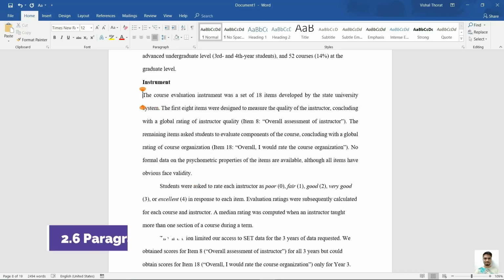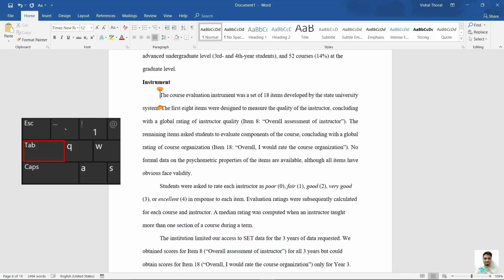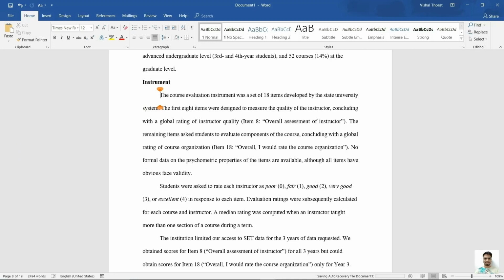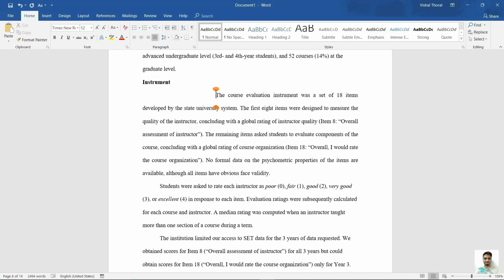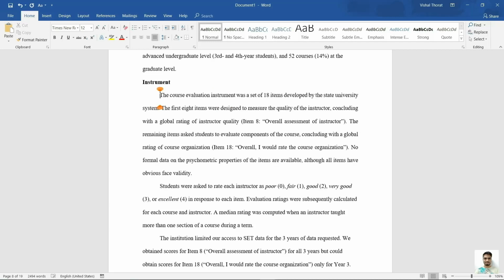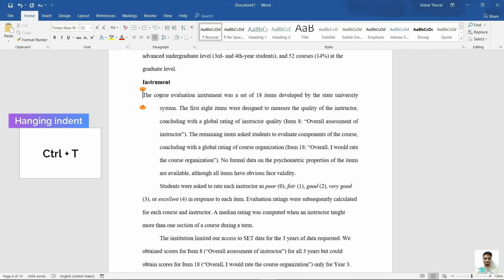The next set we have paragraph formatting. Use tab key for the first line indent by ½ inch, provided it is set to ½ inch in paragraph settings. You can set it to any other desired value. Every single press of tab will indent first line by a set value, ½ inch for example. Use Ctrl+T for hanging indent. By default it should be set to ½ inch as recommended by APA 7. Use this indent while typing references.